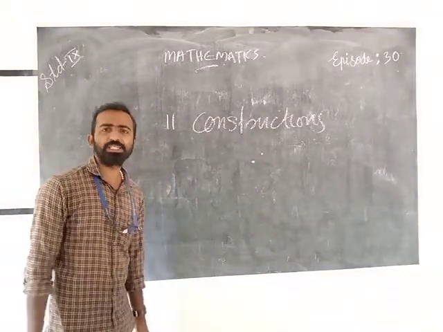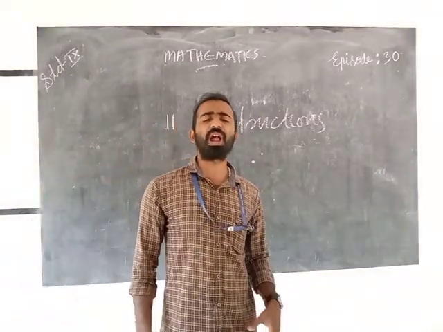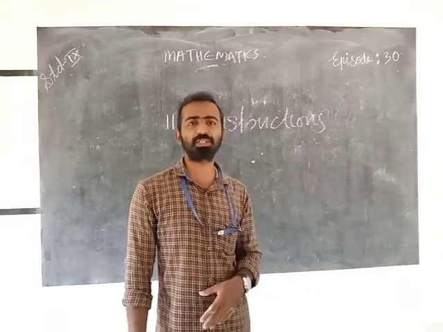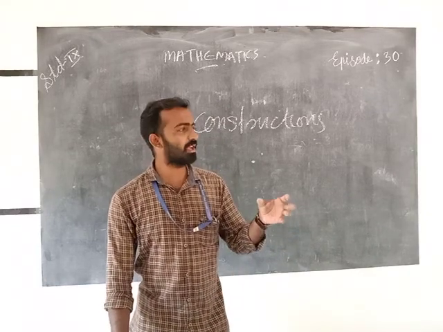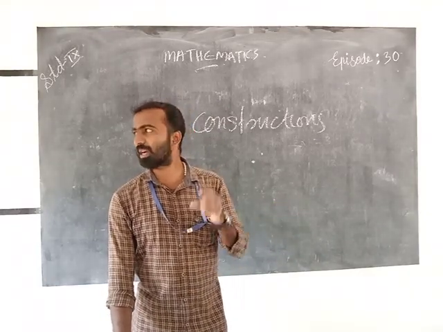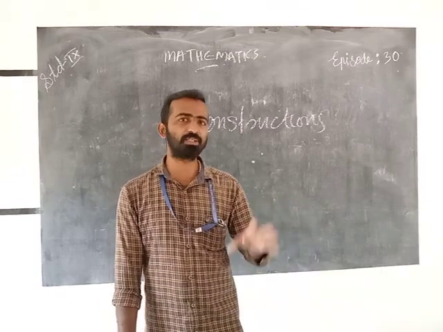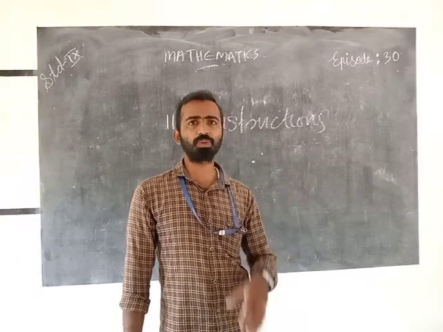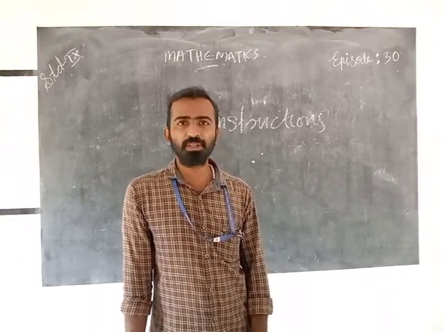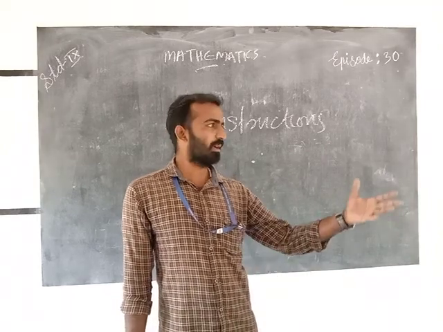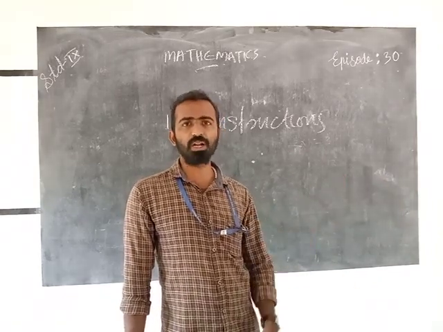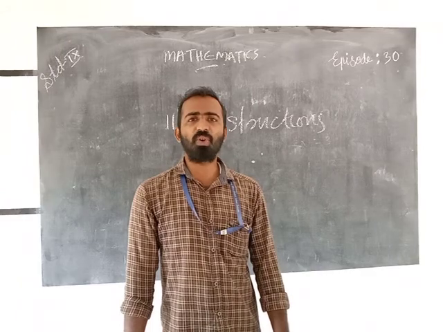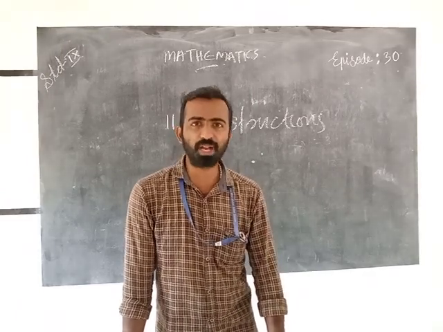What do you mean by construction? Construction means we make or draw figures. We already studied triangle construction and rectangle construction. To construct a triangle, we need three sides' lengths, or two sides and one included angle, or two angles with the included side. We also know the construction of rectangle and square. Here we study the construction of angles without the help of a protractor.